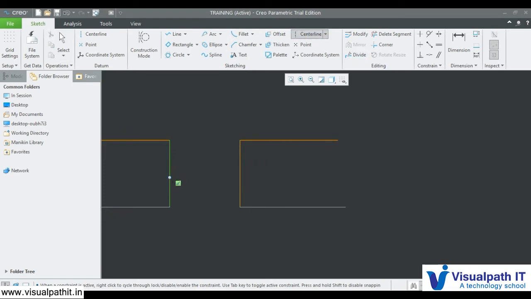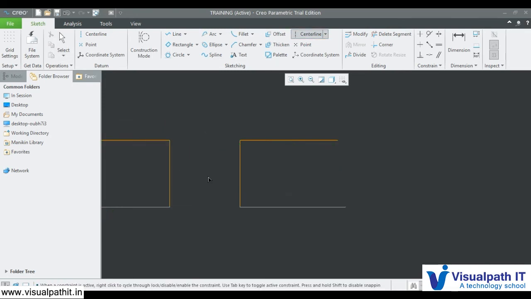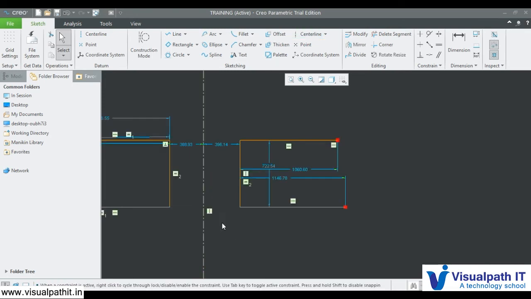If I want a center line, I am selecting this, and here, sorry, I am drawing a center line here. So this is the center of my hole. This will be useful in the modeling, or to show that this is a center line. You can also create a center line which is tangent to the two curves that you already have.